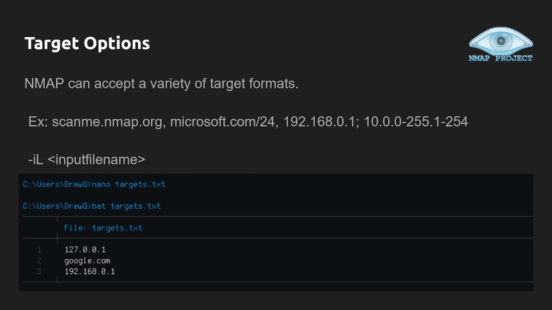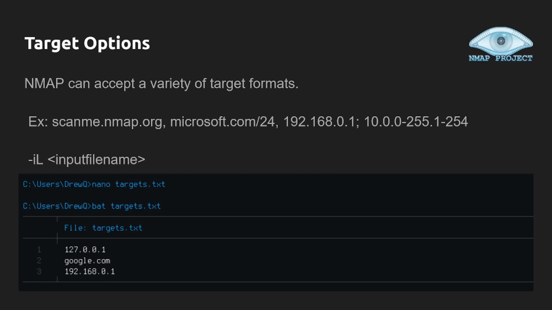Hello everyone, today I want to make a video showcasing how to use NMAP. NMAP is going to be one of your best friends in your penetration testing journey. It essentially is used to map out a network, and it's used to identify services that are running, the current operating system, as well as vulnerabilities that could be